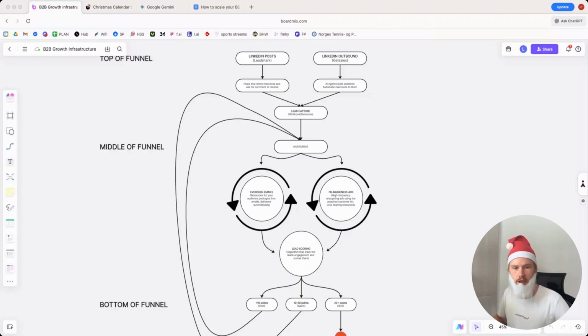Before we do anything today, I want us to look at the bird's eye view for a second, because the stuff that we will be doing now is extremely powerful and extremely helpful in your B2B marketing, but it doesn't make sense if you don't know where we plug it in and what we're going to do later down the line. So let's look at this infrastructure for a second. This is the full infrastructure that we're looking at building throughout these 24 days of Christmas. What we've been doing up until now are prerequisites to be able to have AI create this type of content